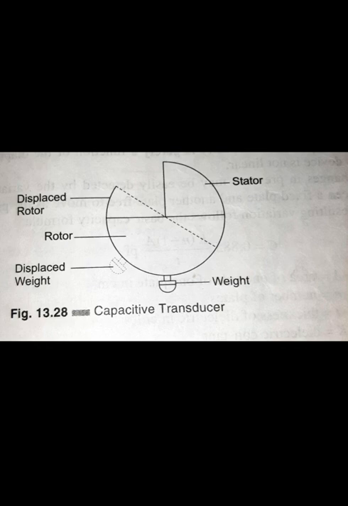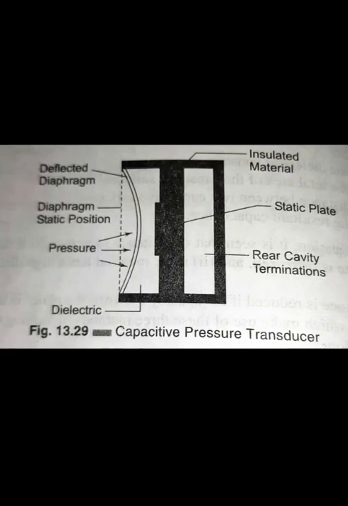The figure also shows a transducer that makes use of the variation in capacitance resulting from the change in the spacing between the plates. This particular transducer is designed to measure pressure or vacuum. Enclosed in the container is a metallic diaphragm which moves to the left when pressure is applied, and to the right when vacuum is applied.